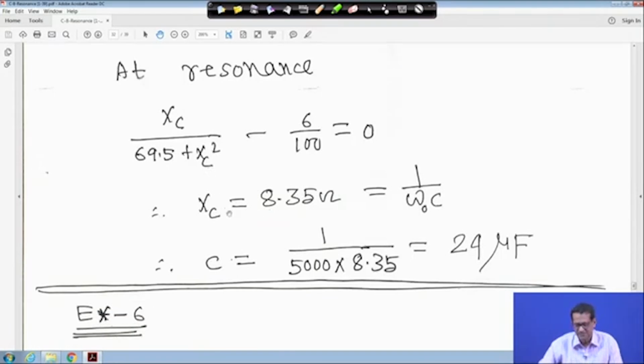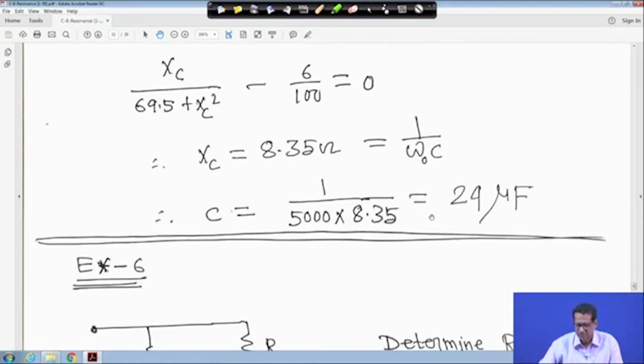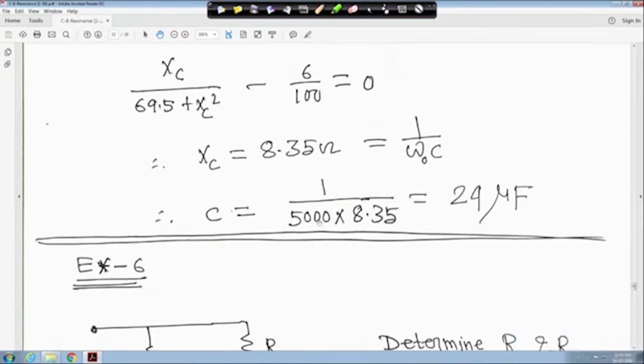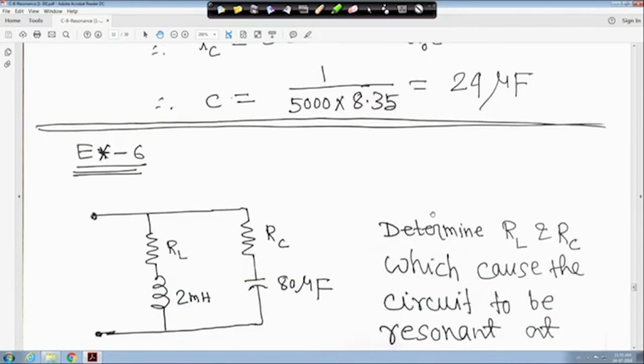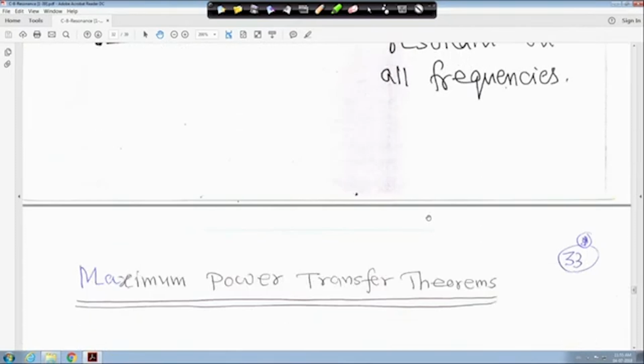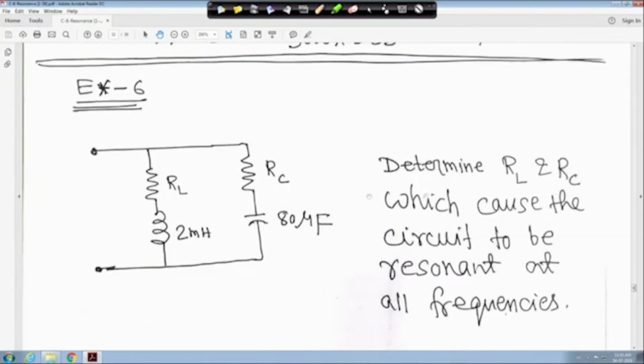One is not feasible, so XC is equal to 8.35 ohm, that is equal to 1 upon omega 0 C. If you solve now, omega 0 is given as 5000 radian per second, so C is equal to 24 microfarad. This is the answer. Now the next one is to determine RL and RC for this circuit,